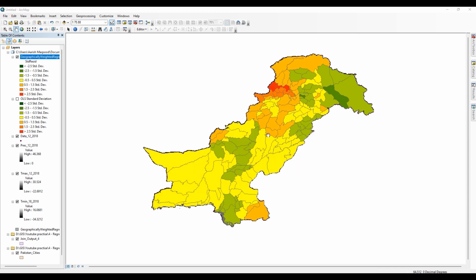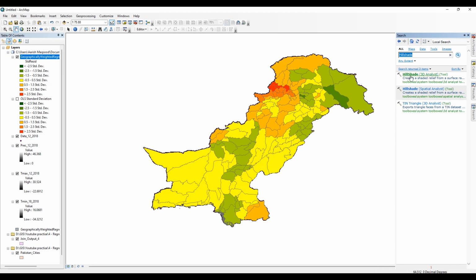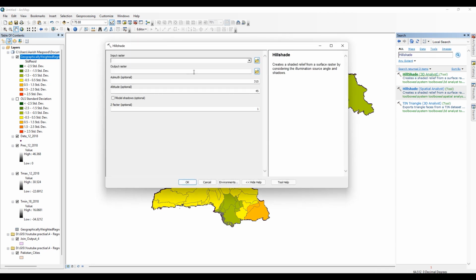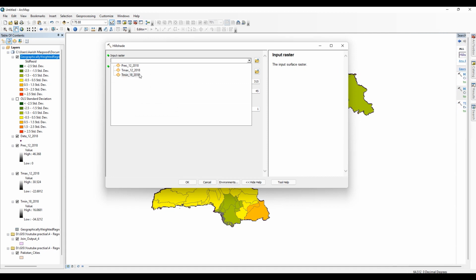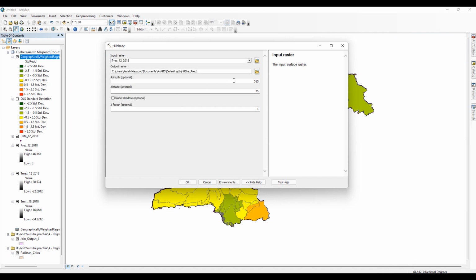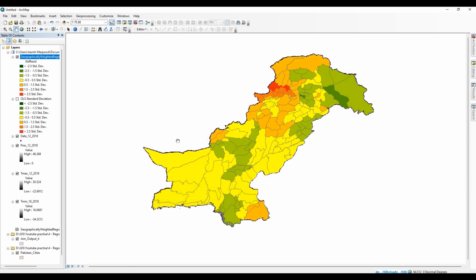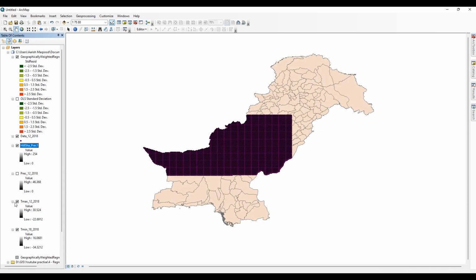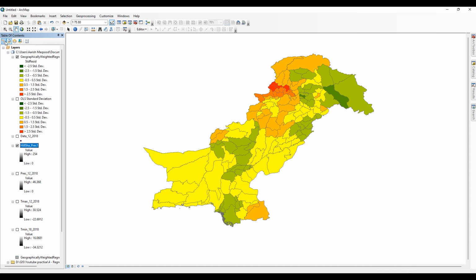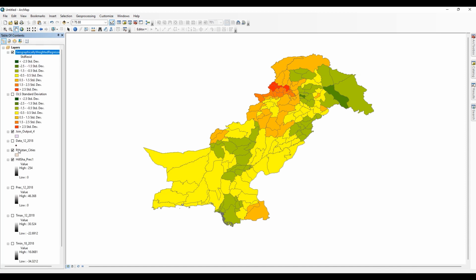Now for adding the 3D effect on this layout, we can add the hillshade to this map. Go to the search toolbar and search hillshade. Add the input raster file as precipitation and click OK. Now uncheck these layers and change the order of this hillshade.